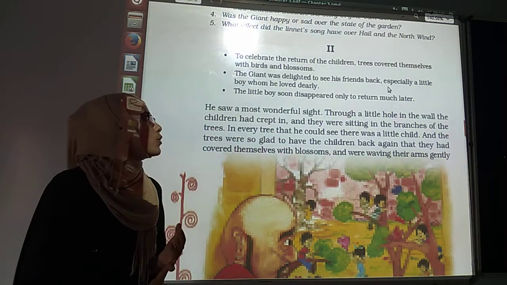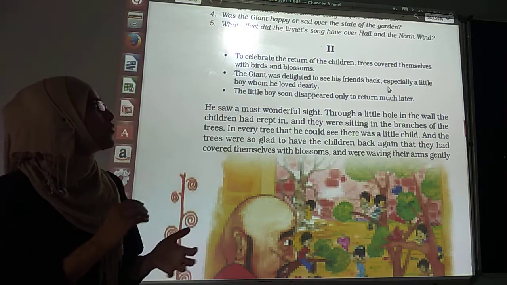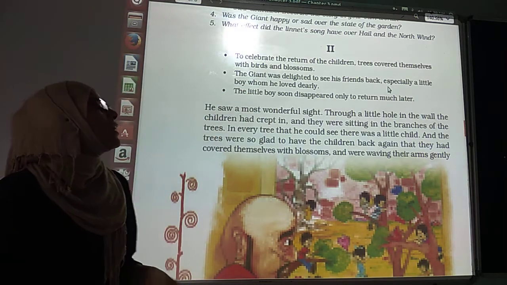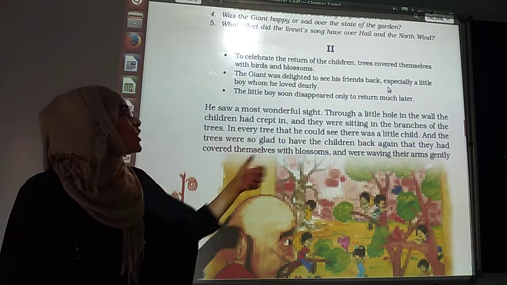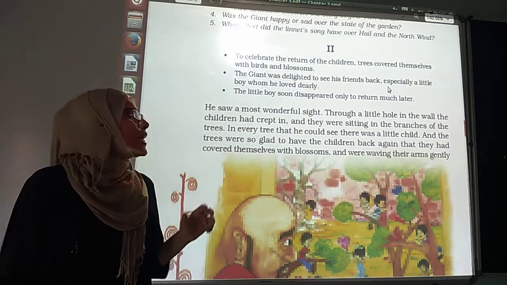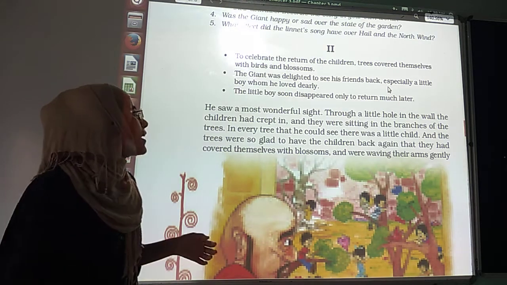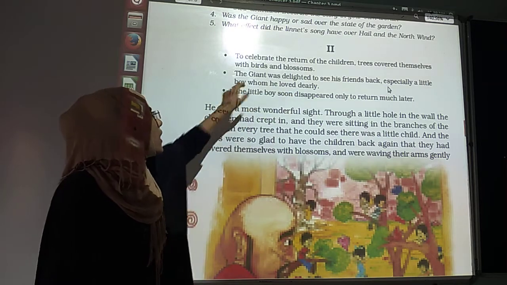The second point you have to understand in this second part is that the giant was delighted to see his friends back, especially a little boy whom he loved dearly. When the giant saw the birds and the children playing in his garden, he became soft-hearted. He became very happy, especially by seeing a little boy.